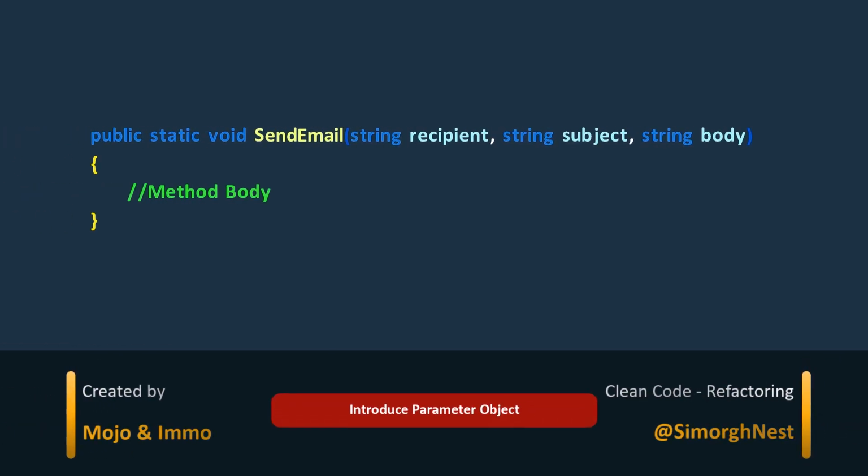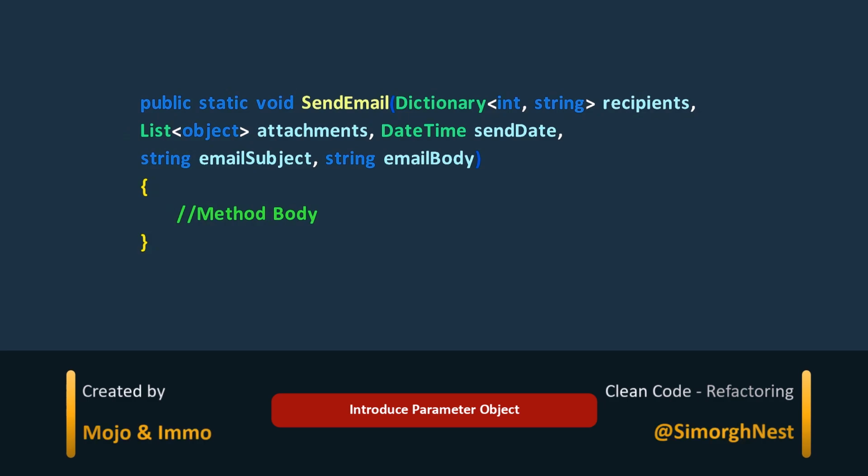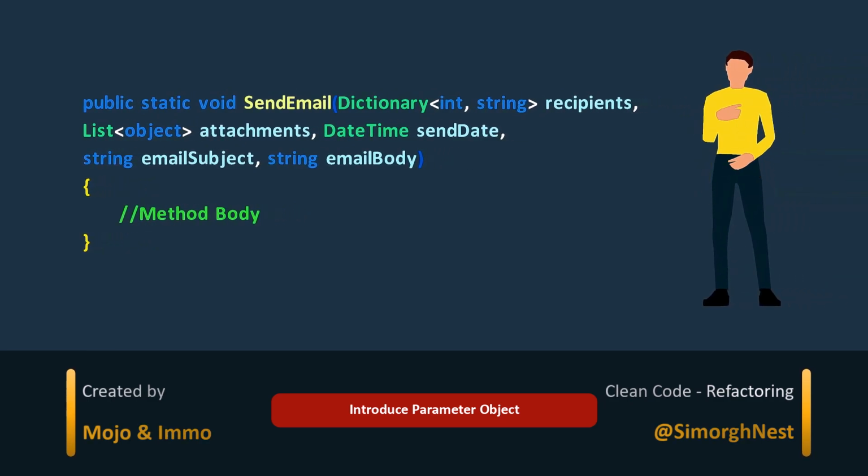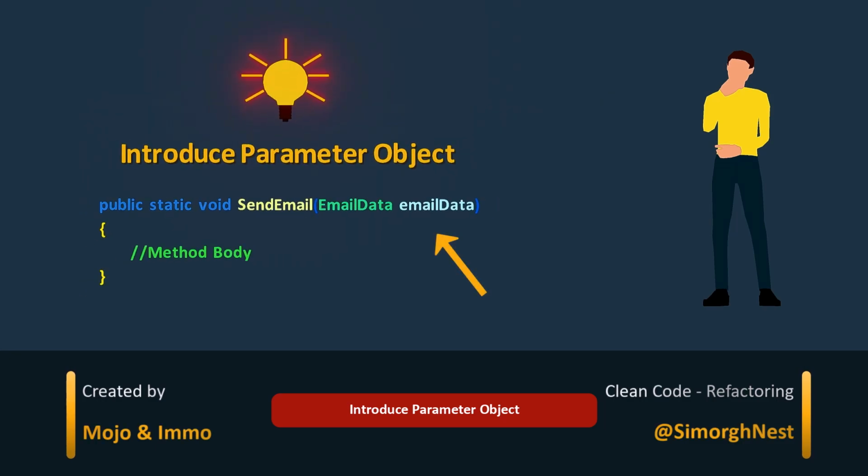When we first start writing code, our methods are usually simple and focused. But as the project grows, things get more complex. We add new features and change what we need the code to do. Soon, our methods take on too many parameters. It gets hard to tell what the method is really for just by its name and parameters. This is where the introduce parameter object technique can help.